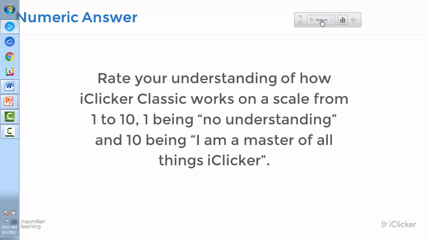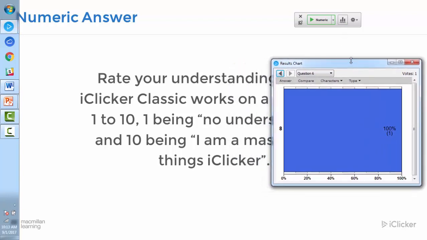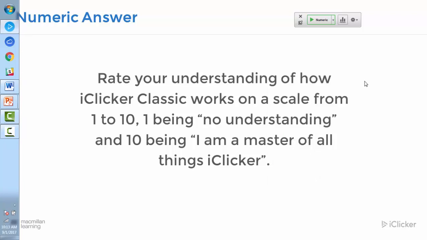Click the stop button, and again you can click results. Okay, 8 is pretty good. Imagine asking a question like this after explaining a concept that has historically challenged your students. Asking questions that require self-reflection and self-evaluation help our students have a growth mindset, which is essential to higher level